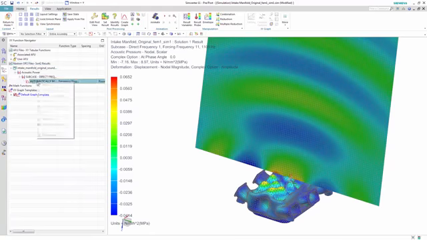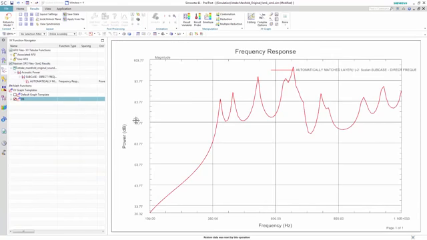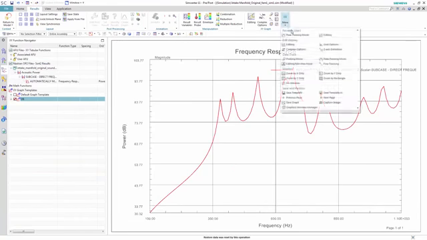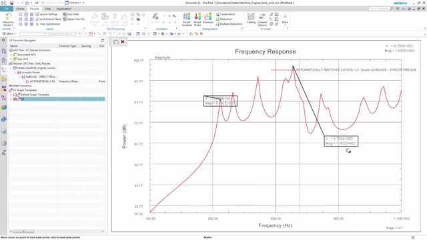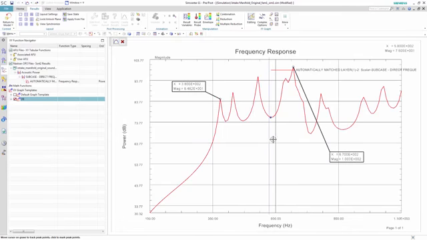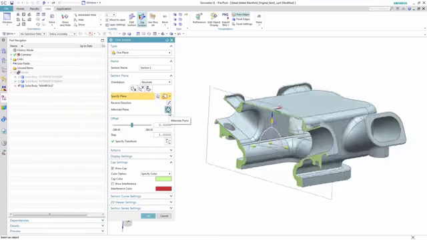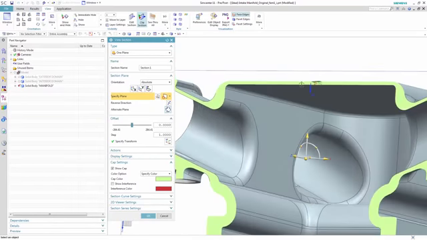Further investigating the model, you can plot the acoustic power results and the frequency response to the driving frequencies previously defined from 100 to 1000 Hz. Simcenter 3D offers a number of post-processing tools to further probe your results, and in this case, you can quickly probe the peaks of the curve and highlight the magnitudes of interest. Based on these results, you seek to minimize the radiated noise. One way of reducing the noise is to stiffen the structure, and you might decide to thicken the upper panel